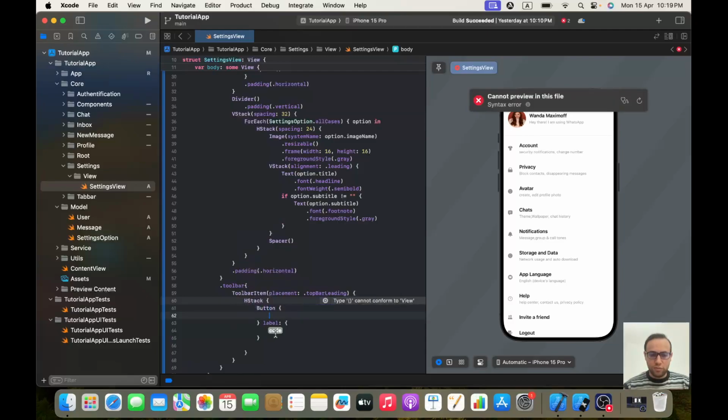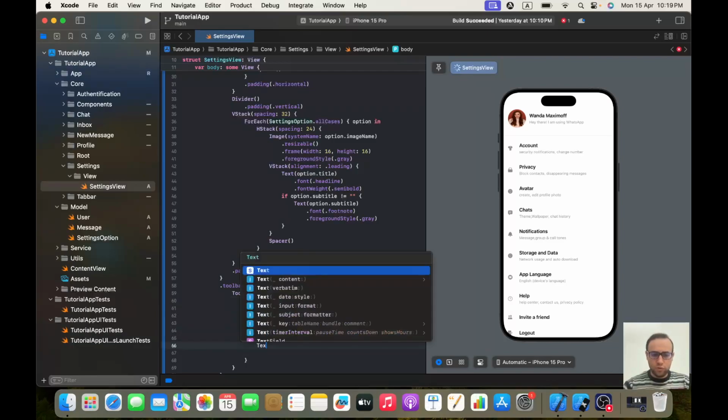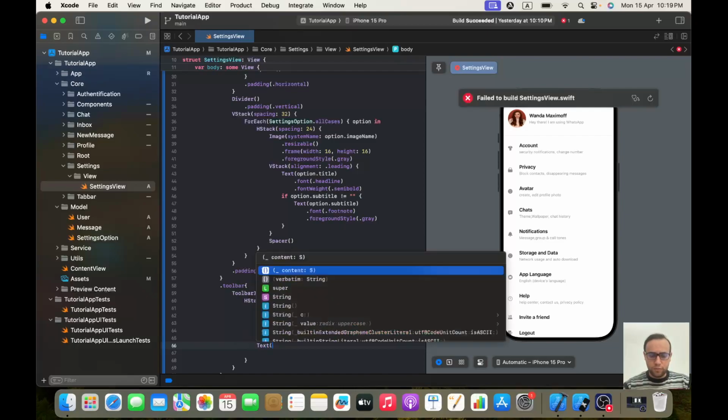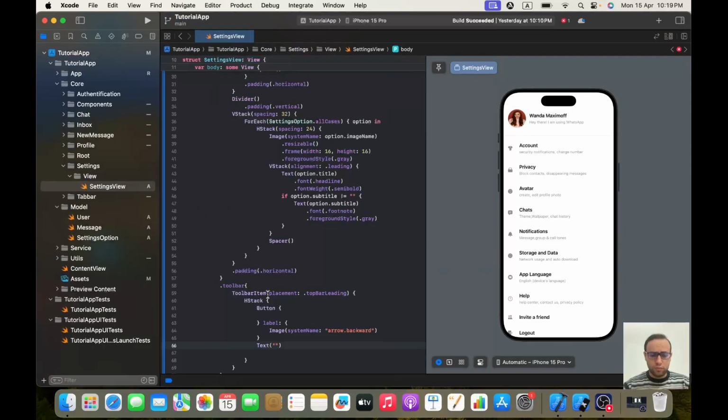Let's keep the action empty for now, and label it will be image with system name arrow dot backward, and after that we got the text of settings, so settings, and to